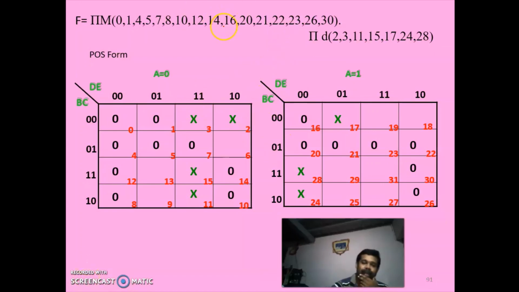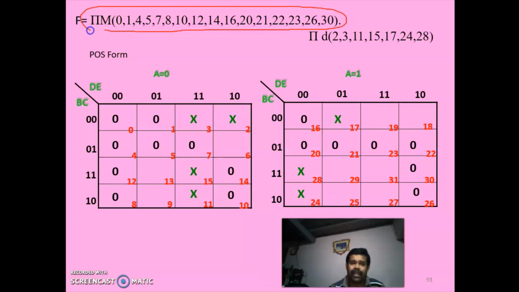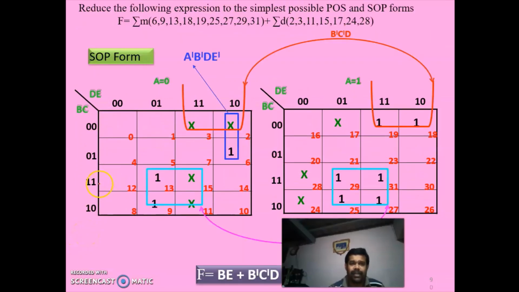Next, we are going for POS. Initially, we have seen SOP, then we have seen POS. In order to write POS, we have to write the terms which are missing in the given expression. So here 6, 9, 13, 18, 19, 25, 27, 29, 31. So you have to write the missing numbers, excluding the don't cares. For POS and SOP, don't cares are the same. So first you have to enter the don't cares and then write the numbers which are missing